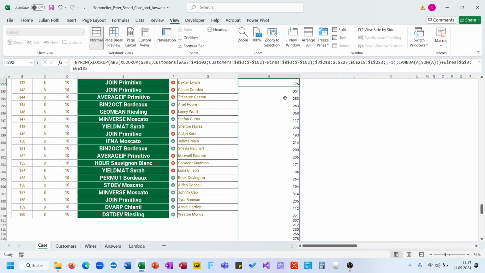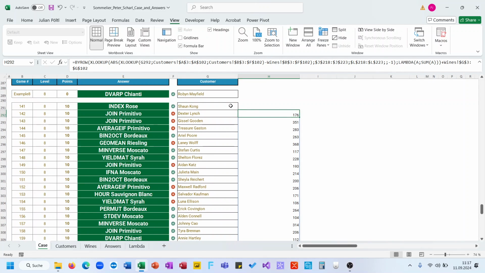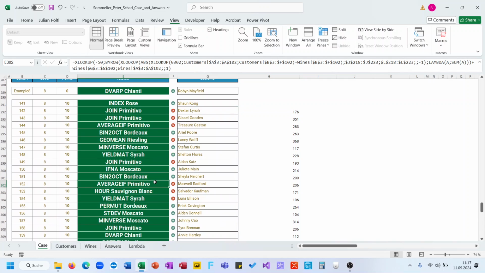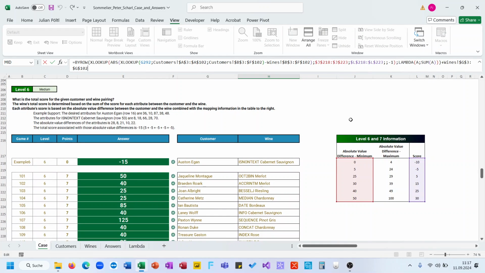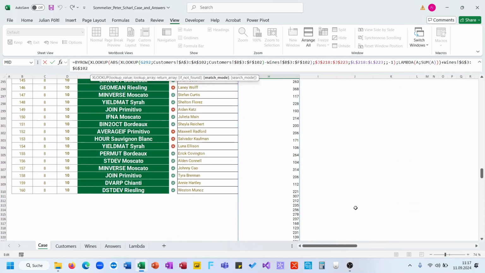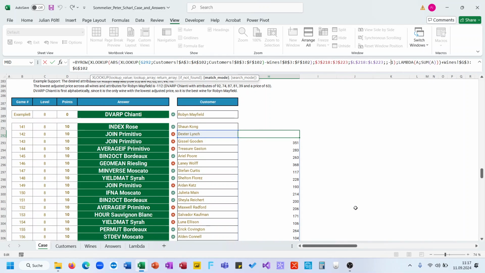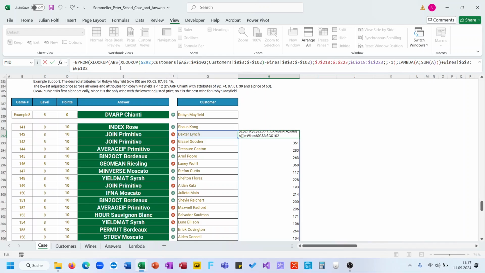But it's often the case with Trend Primitivo. Don't know why. So here we have our text is searched for the values. -1 is the search mode. We add the wine price. This should be right. Should be right. So BYROW sum